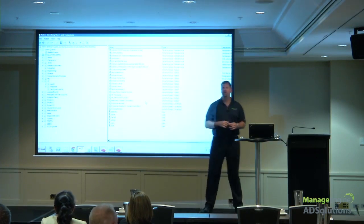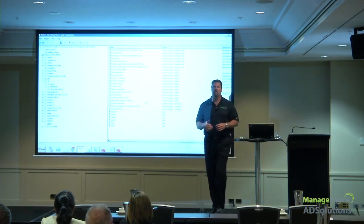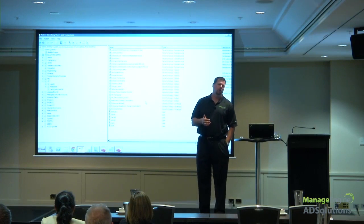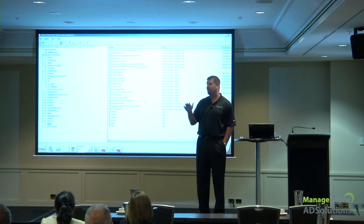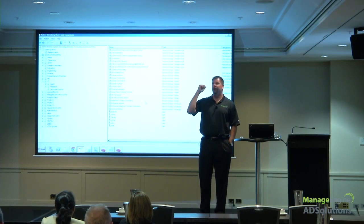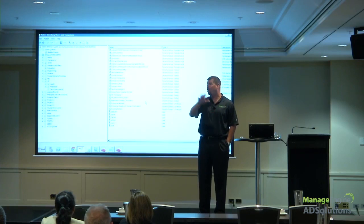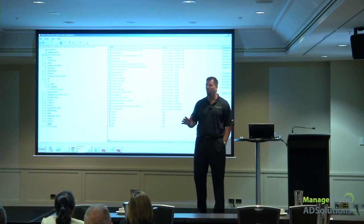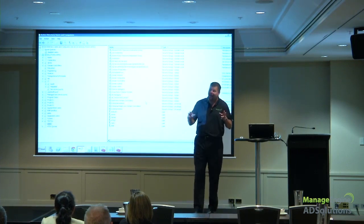But what if we wanted to have some mechanism that every morning at 3 o'clock in the morning, we went in and evaluated every user to determine if they meet certain criteria. They haven't logged on in 90 days. They have an account that's disabled or locked out or whatever it is. And based on all this criteria, we quarantine the user. So every day we know that users that are not active,